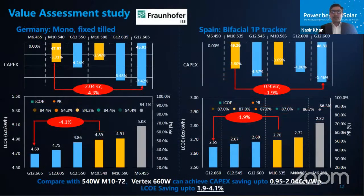Now, recently, not us, but Fraunhofer Institute of Europe, has done a value assessment study. A little bit of introduction about Fraunhofer Institute: it is the largest solar institute in Europe, and they have done a study in 2 locations, Germany and Spain. In Germany, they had a 10 megawatt system using monofacial module on fixed tilt. In Spain, they had a 100 megawatt system using bifacial module on 1P trackers. In this study, they used 6 different types of PV modules, starting from 455 to 665 watt peak power,